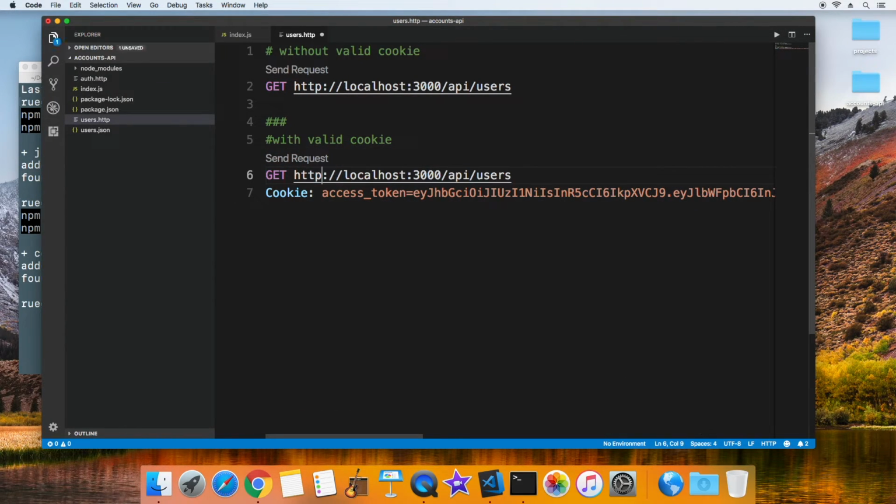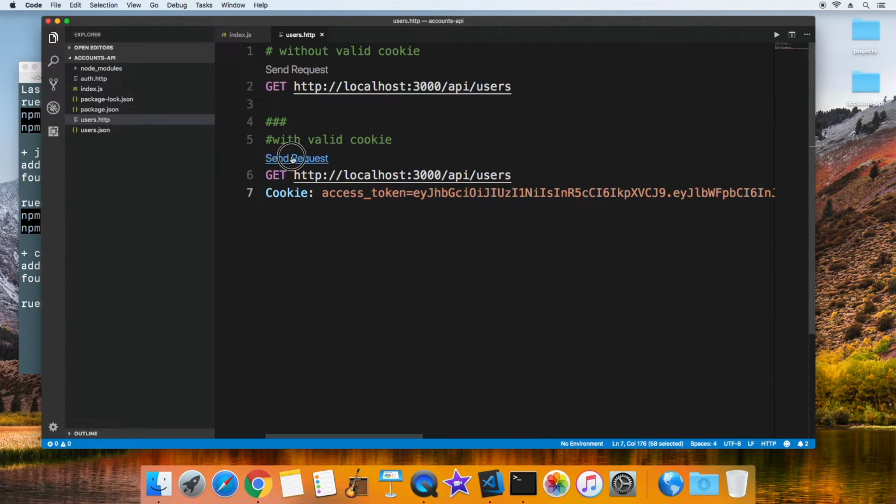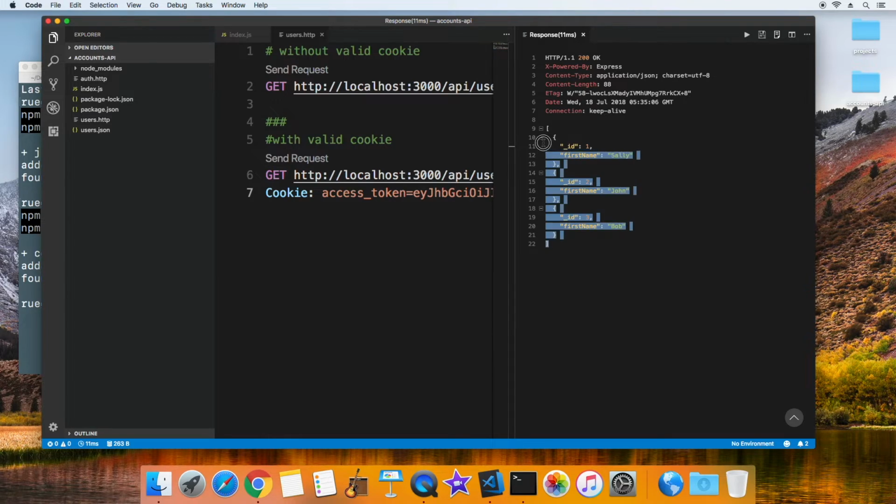Oh, made a mistake. Don't want it to be HTTPS. We just want it to be HTTP because we're not on HTTPS. So send request, and now we get all our information. So you can see here that everything is the way we want it, and we're receiving all the information as